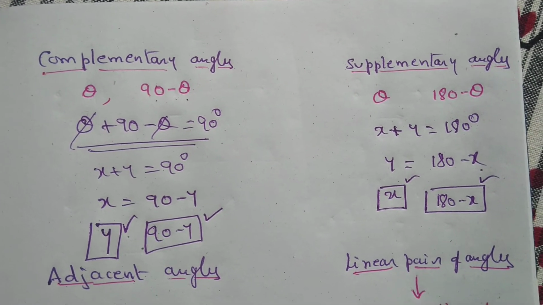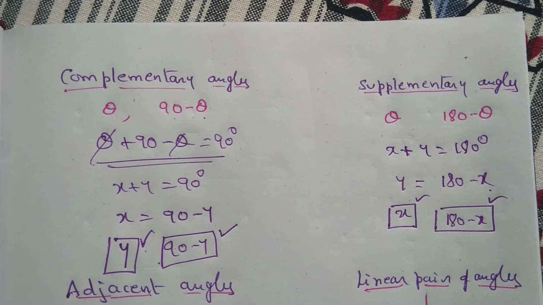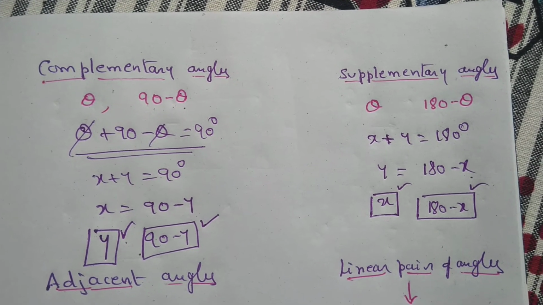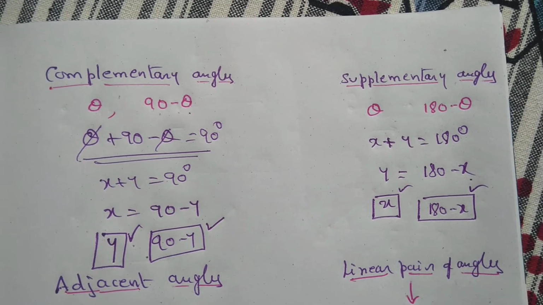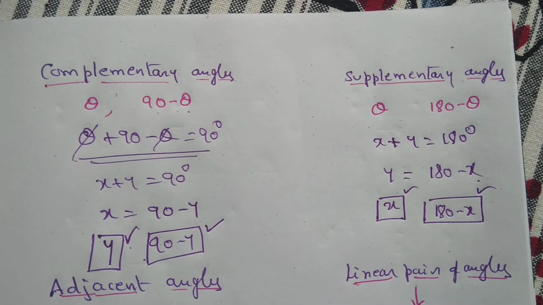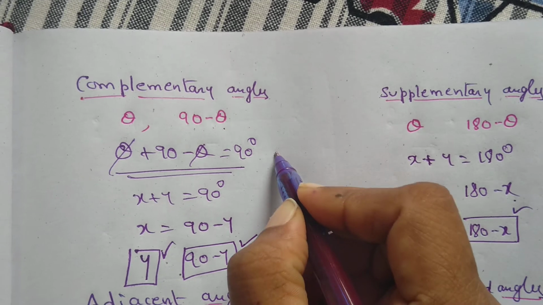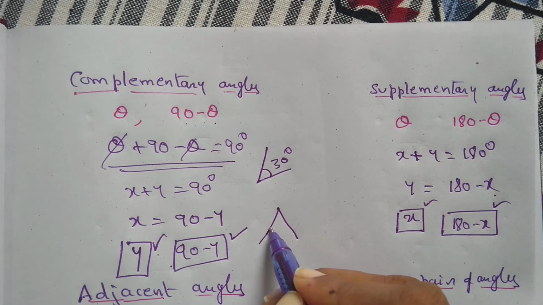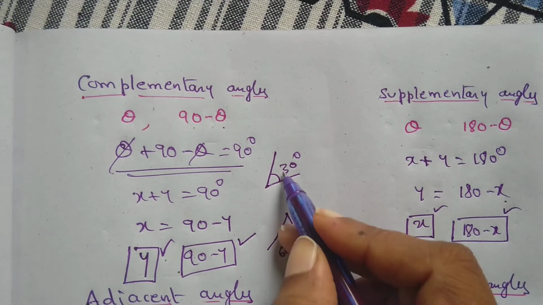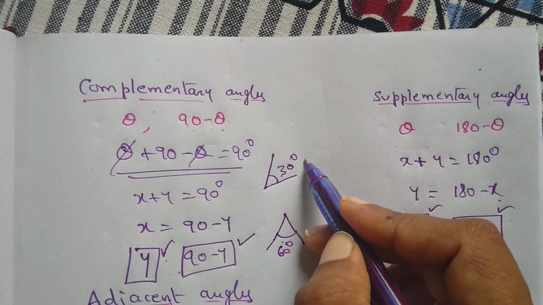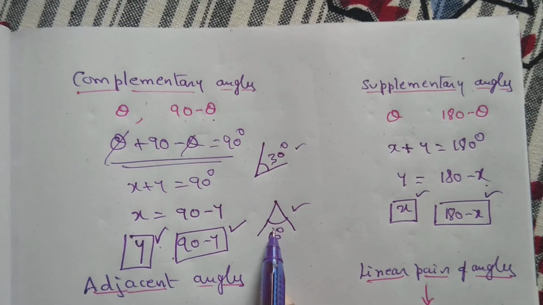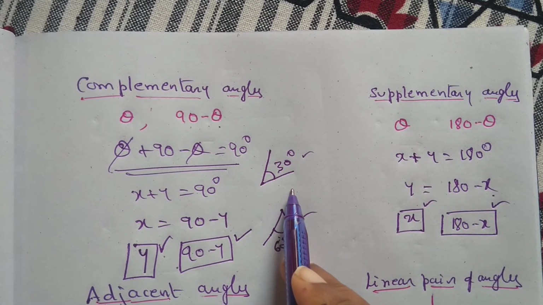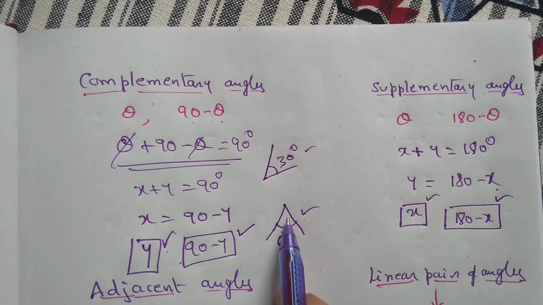If the sum of the two angles is equal to 90 degrees, then that set is called a complementary set. Supplementary set and complementary set. Children, remember one thing. These two angles need not be side by side. They can be anything. If I talk about this one as 30 degrees, I have somewhere another angle which is 60 degrees. The sum of these two is 90 degrees. So I say that these two will form a complementary pair. It is not necessary that my 60 degrees should lie here only.